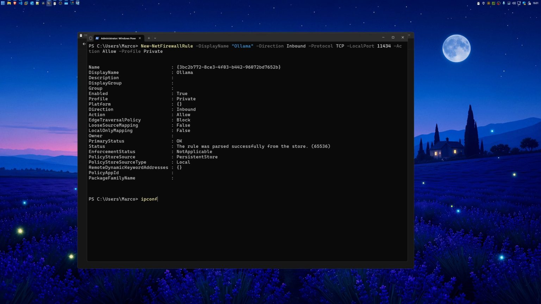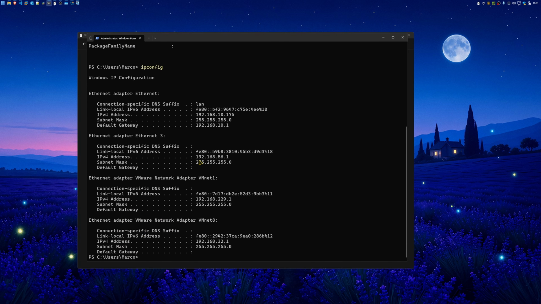And then the last thing we need is the IP address of this PC. So if you type ipconfig in that same terminal or PowerShell window and have a look at your Ethernet adapter or your Wi-Fi adapter, whatever you're getting your network connection from, you want to note down this IPv4 address. You can see mine right there on screen, and that's a static IP address that I gave to my computer via my router. Now, I'm not going to cover that here, but if you're going to be using this kind of setup long term, I actually suggest that you do the same, because otherwise your router can hand your PC a different IP address tomorrow, and then nothing connects anymore.